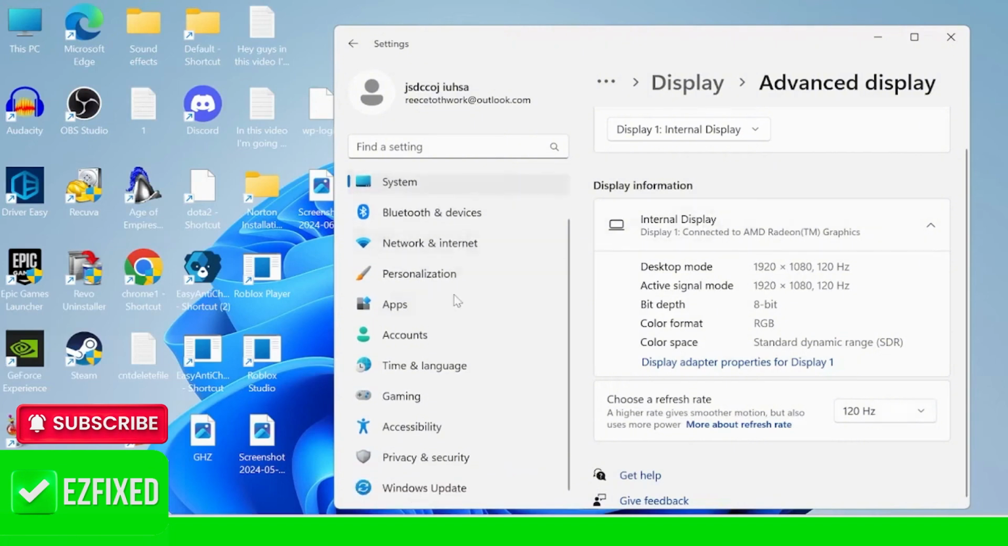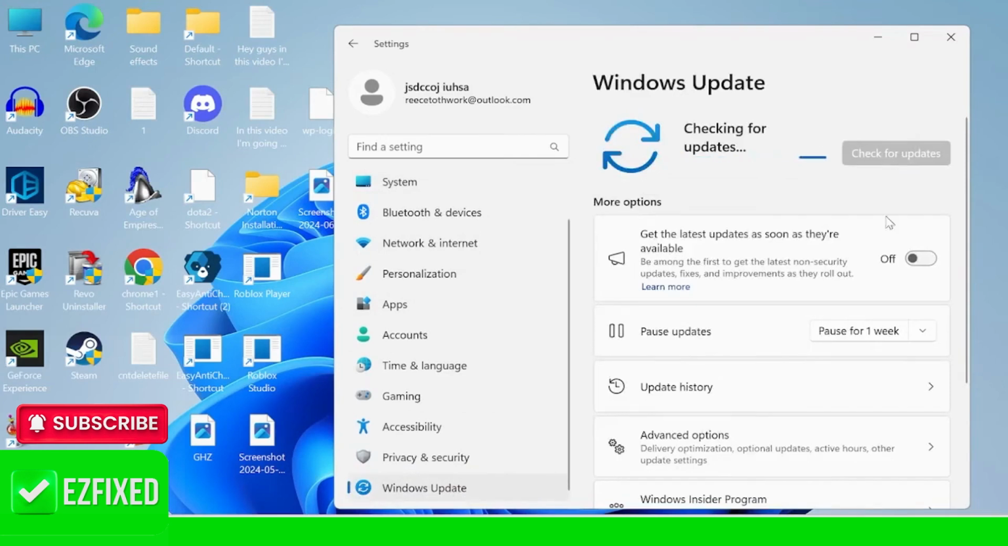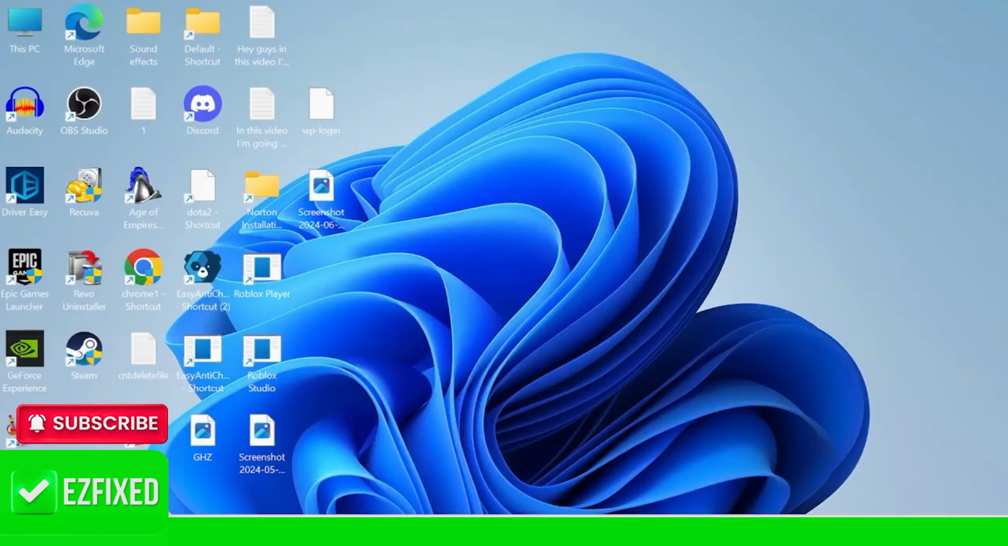And the last thing we can do is come down to Windows Update, and press this Check for Updates button, and just ensure that you're running the latest version of Windows, as sometimes outdated software can also cause problems with your display. Then once you've ensured that you're running the latest version of Windows, we can come back over to